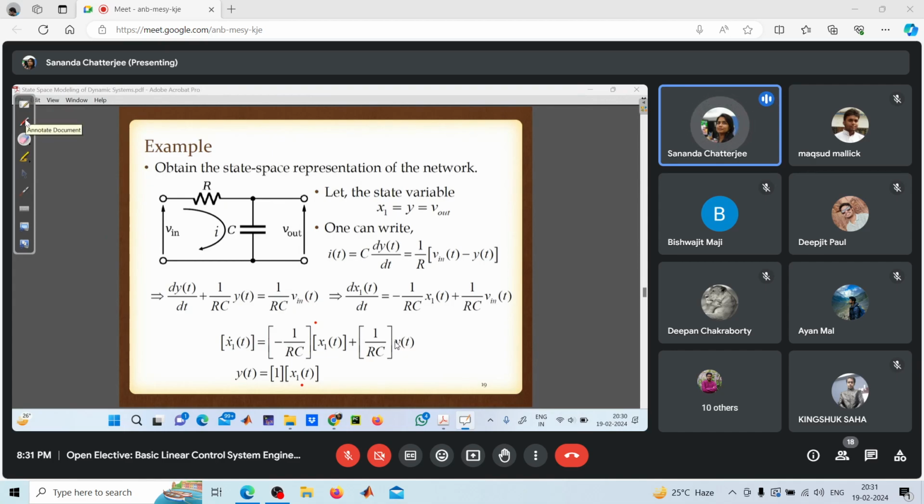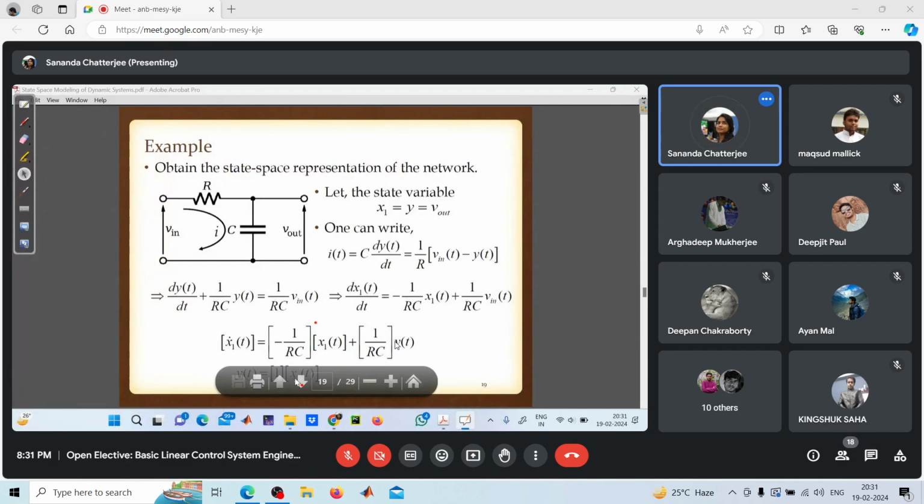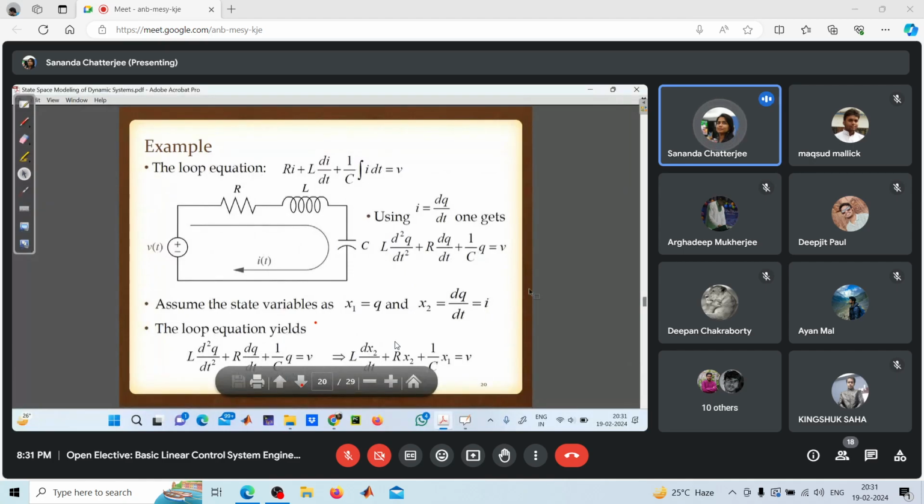Okay, so let us take another example of an RLC series circuit. Why are we taking an RLC series circuit? Because here there will be more than one energy storing element, so that you can have an idea of the matrix format. In the last example, it was only a scalar representation. There was no matrix involved. So here you will have a similar representation, only we will take the output